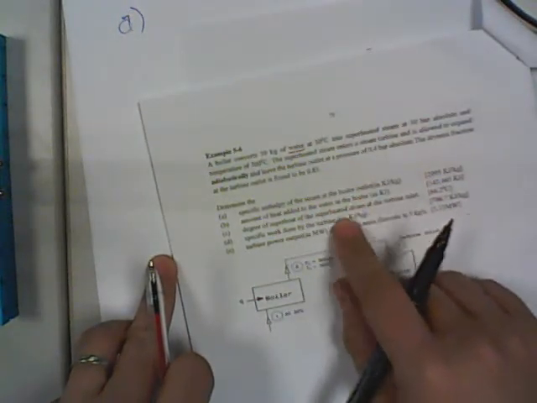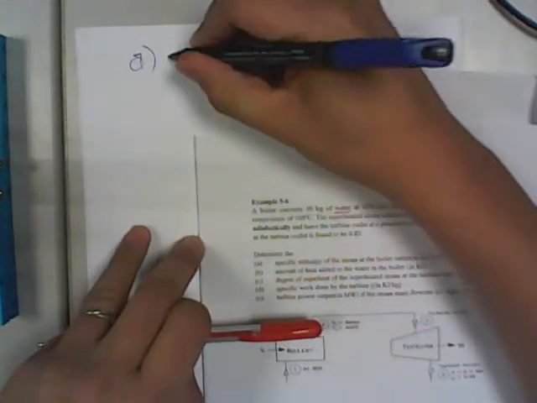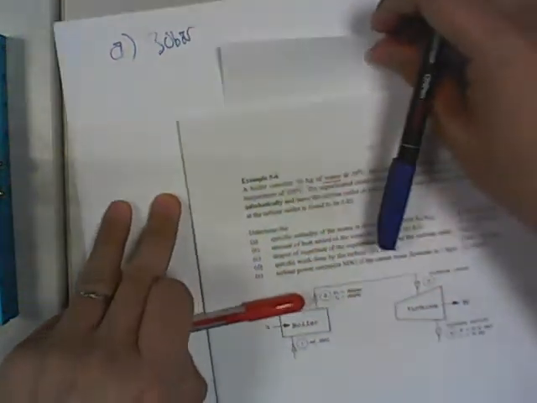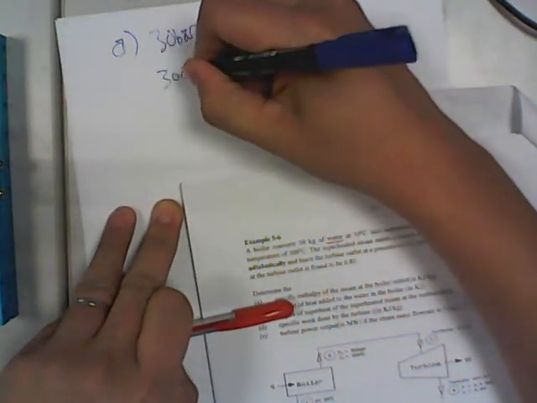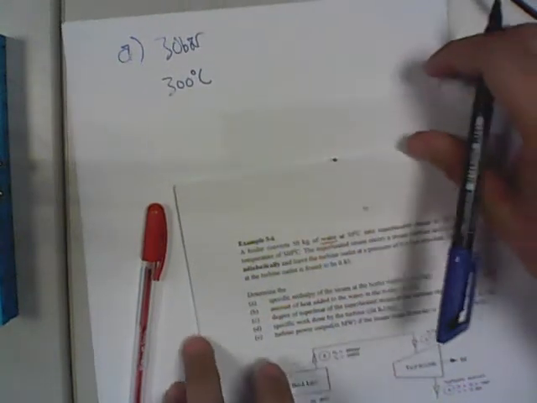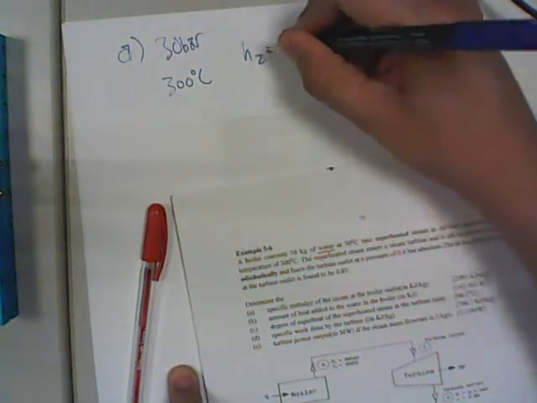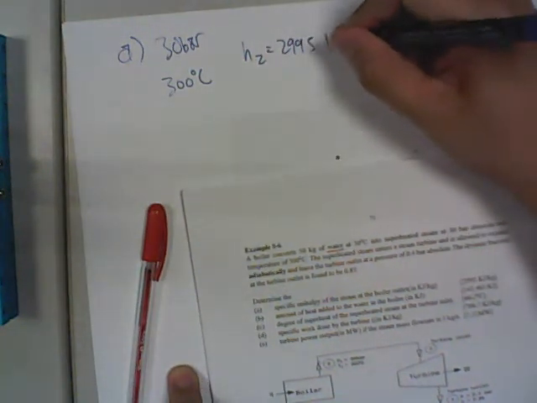So A, determine the enthalpy of the steam at the boiler outlet. Meaning state 2. Since you have 30 bar and it is at 300 degrees Celsius, straight away you go to the steam tables. 30 bar, 300. You should identify that it is superheated, and the enthalpy is 2995. H2 is 2995